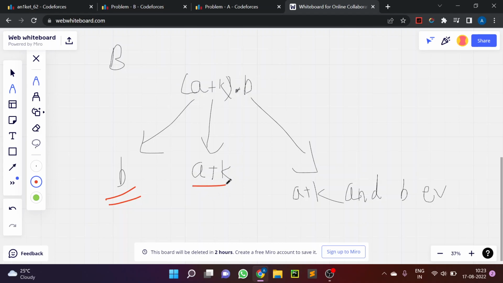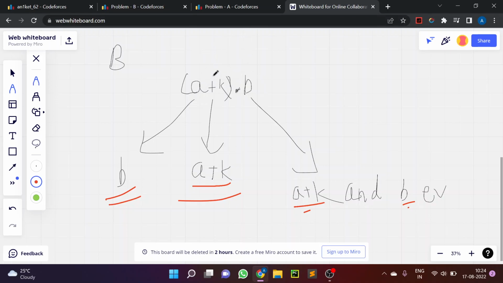And the second case is a plus k is divisible by 4. If any one of the two elements is divisible by 4, the whole expression becomes divisible by 4. And the third case is when a plus k and b both are even,